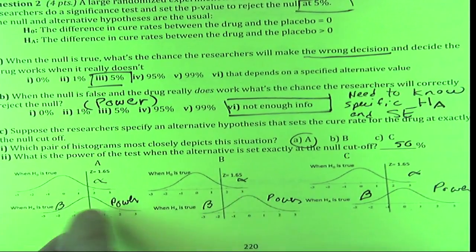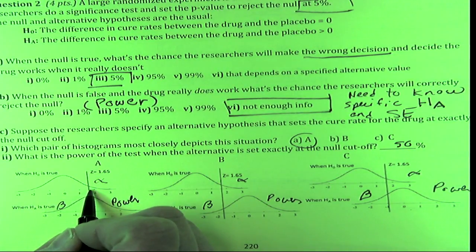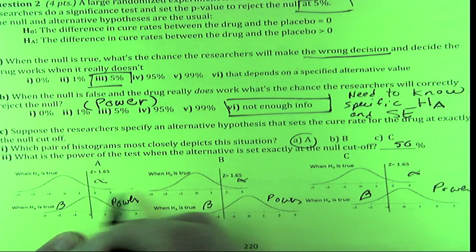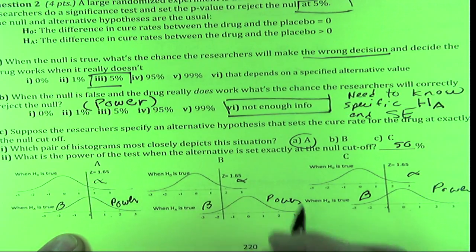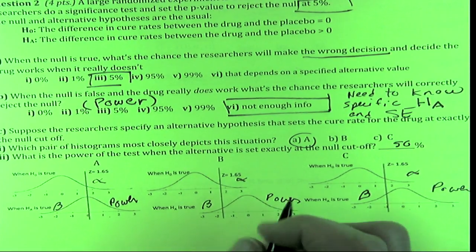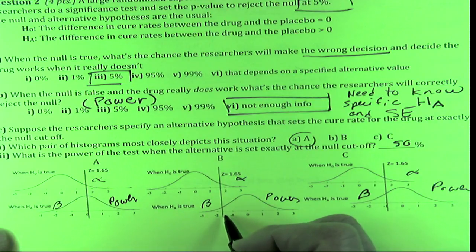We figure, okay, we're going to reject the null beyond this point. So we want most of the alternative curve to be on the other side, not just half of it. So for example, in this one, what is the power of the test, when you set the alternative